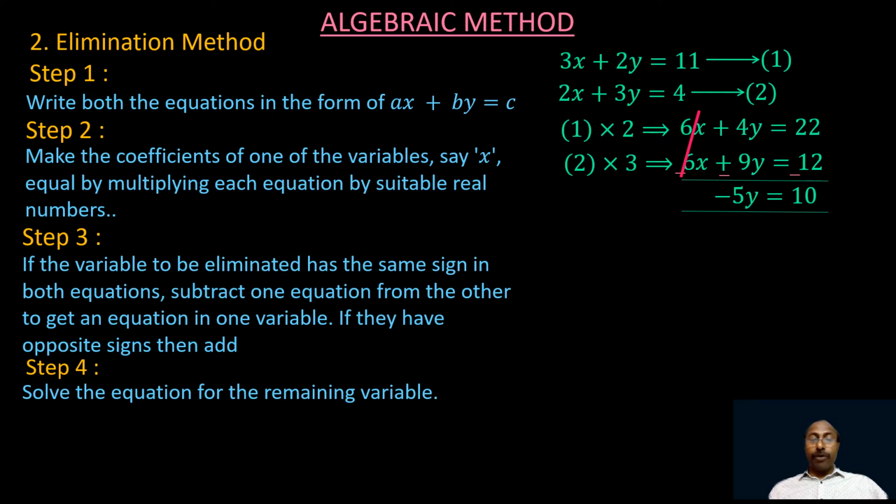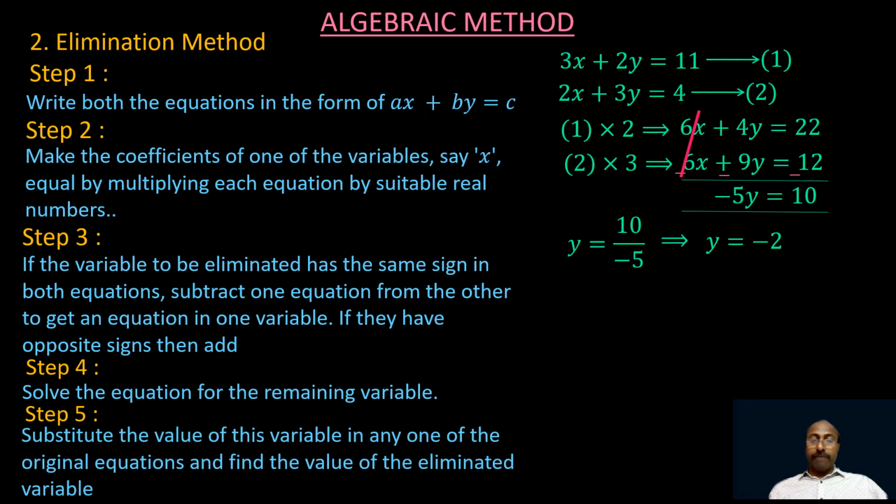And in step 4, solve the equation for the remaining variable. That is, we solve this simple equation which is in a single variable. So y is equal to 10 by minus 5, and from that we can write y is equal to minus 2. After that, in step 5, we substitute the value of this variable in any one of the original equations and we find the value of the eliminated variable. Here we have eliminated the x term, and now to find x,